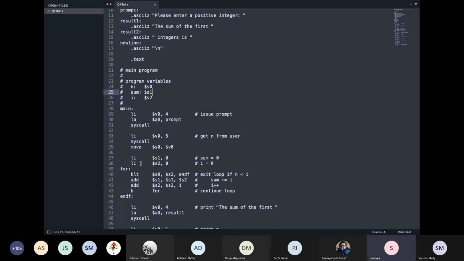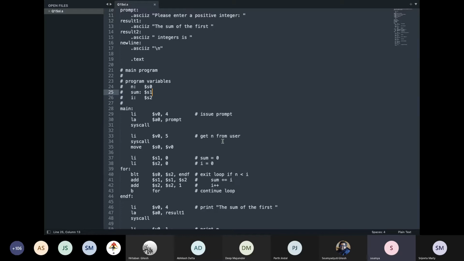Essentially these two lines fulfill the requirement of printing the string. By setting v0 to 4, you are telling that I want to print a string, and then by storing the start address of the string in A0, you are telling the simulator that this is the string I want to print. Now when you write the syscall command, it will print the string by accessing that address and using its mechanism, right?